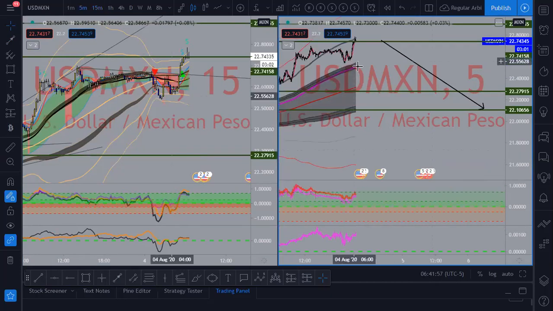Risky traders, hey, why not? You can try to take the sell. The only thing, DXY is looking like it wants to buy. So that's the only thing that I'm a little cautious on with USD Mexican. But I do want to see this drop to the lower danger zone, and then I'll probably look to get into a buy. So I just have my alert set on the 5-minute, not going to really chase